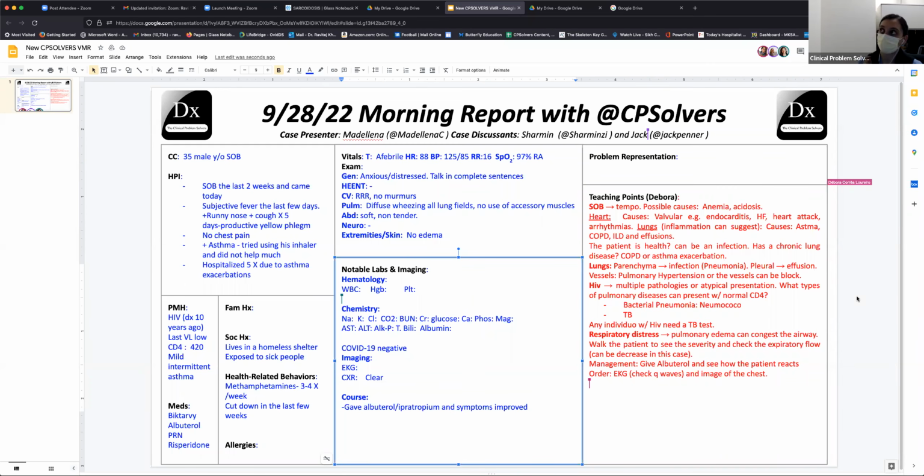The other thing to remember with asthma exacerbation is to continue to monitor the exam, because sometimes people can tire out and start taking shallow breaths, so you don't really hear wheezing. That's not a good sign. It actually means they're tiring out and becoming more hypercarbic. So the things to watch out for are if they're getting a little more altered, taking shallow breaths, and you don't hear the wheezes anymore. That is an emergency room now type of situation. Jack, any other thoughts from you?